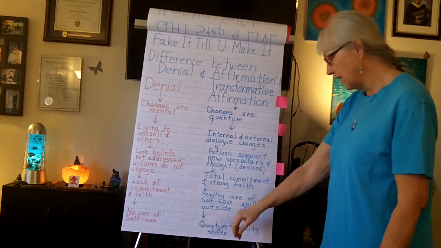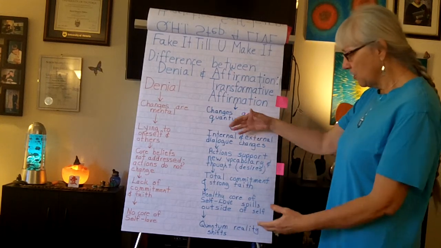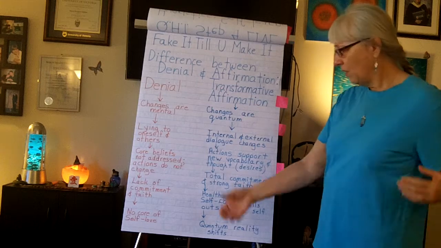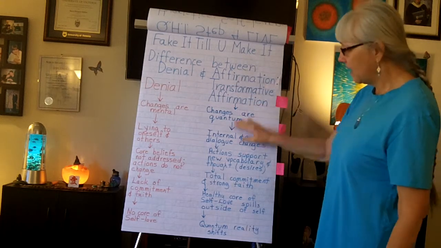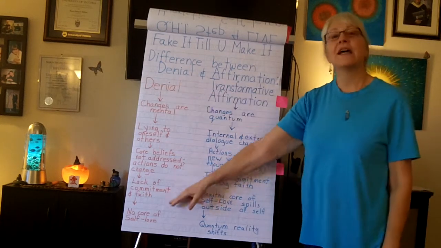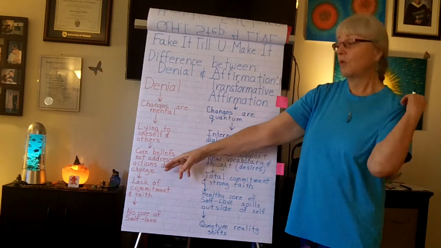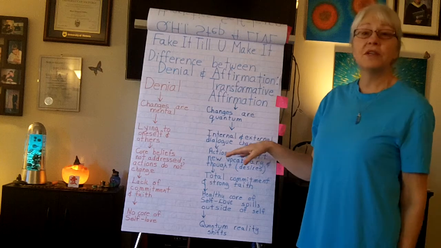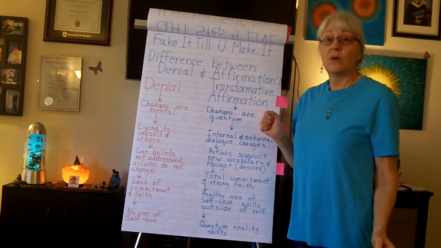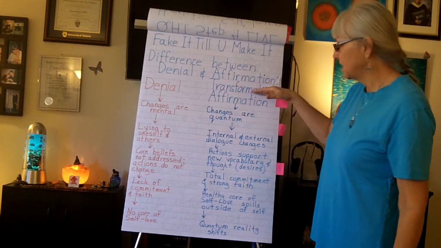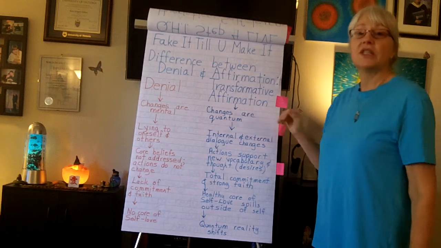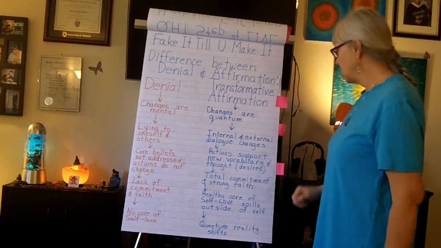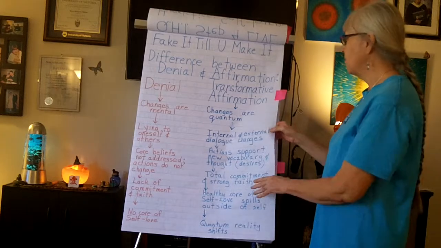So then the quantum reality shifts, and we get what we want. And this is a hell of a lot better than the old denial system that we maybe tried before. I tried the denial system many, many times. I thought I was doing the transformative route, but I really wasn't. And it wasn't until I started seeing the quantum changes that needed to happen that I really started to evolve. Okay, enough about that.